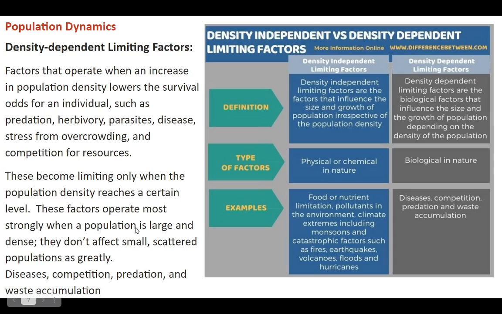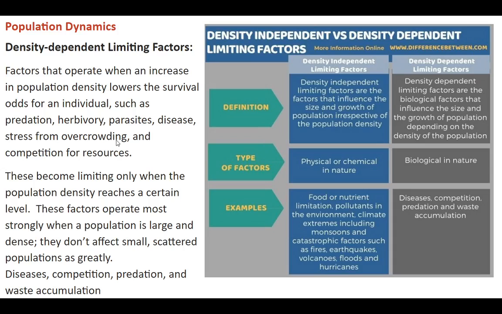These become limiting factors only when the population reaches a certain level. So they are dependent on the population, the density, how much population is there in any given area. Like we said, diseases, competition, predation, too much waste. There's all kinds of things that can cause it, but these depend on whether or not the population is too high or not. And I guess technically too low, but most often the question is whether the population is too high,